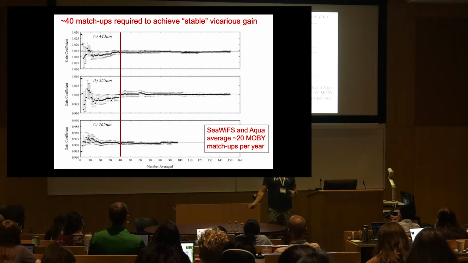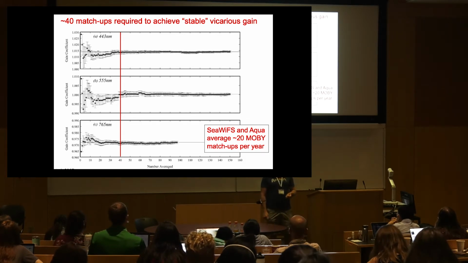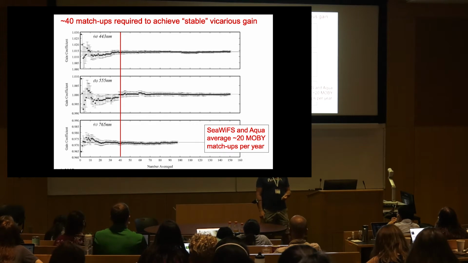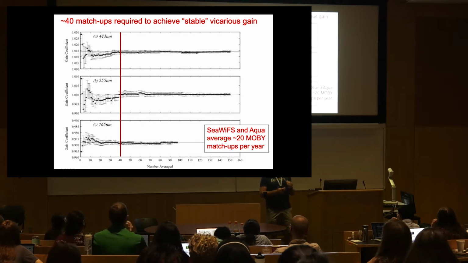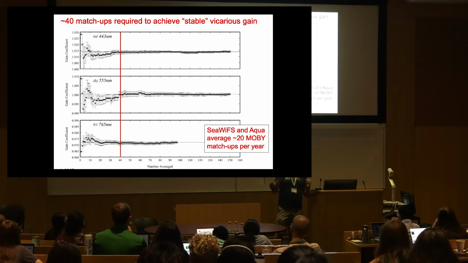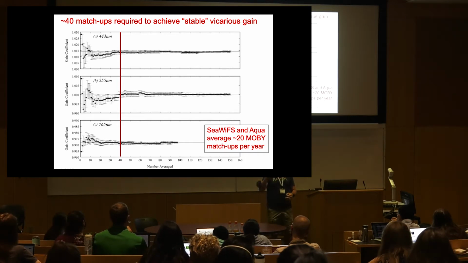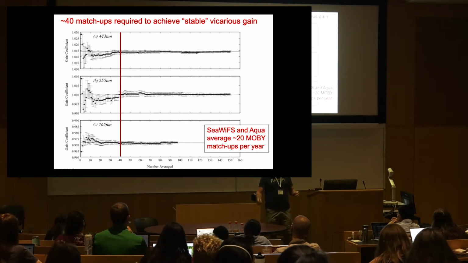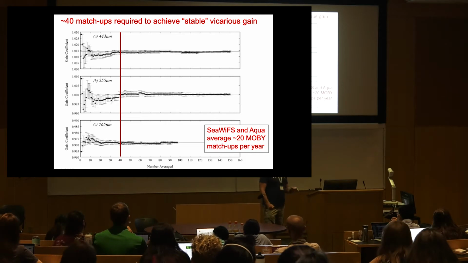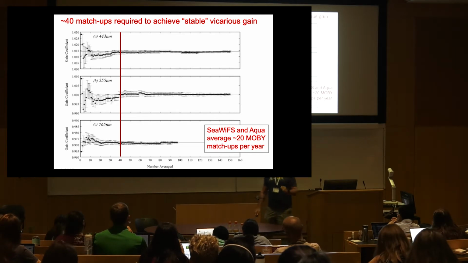So we're throwing away a lot of data, either because of clouds or because of some failure that triggered a flag or mask. But in general, you just start over time accumulating these matchups, which you can do faster for a tilting instrument than you can do for a non-tilting instrument, given the latitude here. Latitude's in the tropics. MOBY's near Hawaii. But we're throwing away a lot of data because we only want to use the best possible data